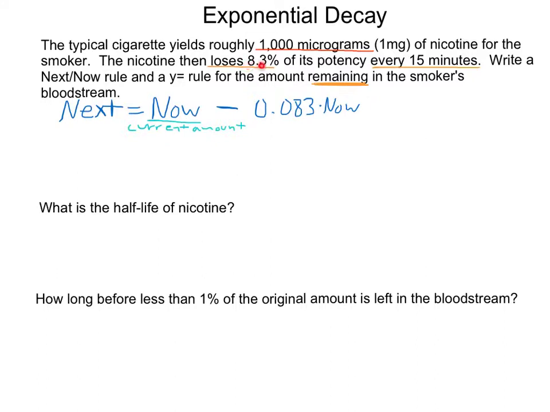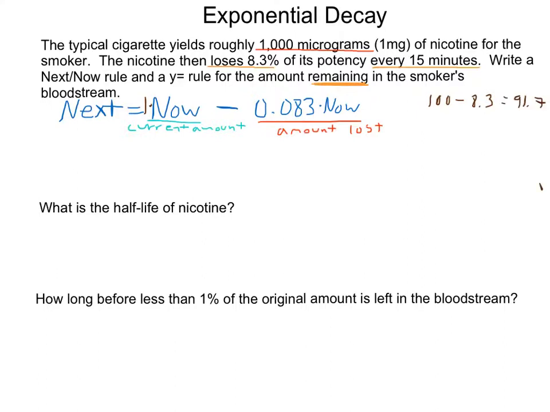Okay, we are losing 8.3%, convert that to 0.083. So this here is the amount lost. The amount absorbed by the bloodstream, it's no longer there. So how much does remain? The current amount is a full 100%. So if I start with 100% and I lose 8.3%, I'll do my subtraction over here, that's going to leave